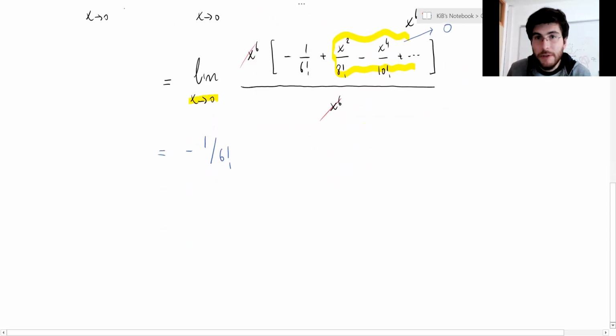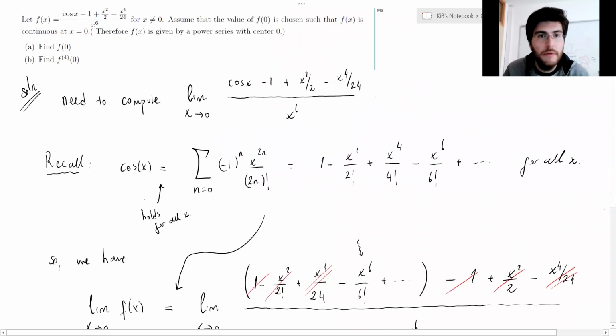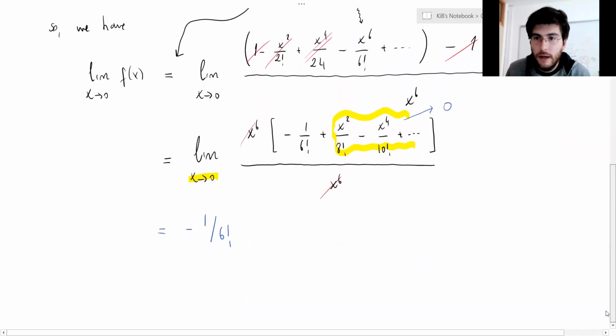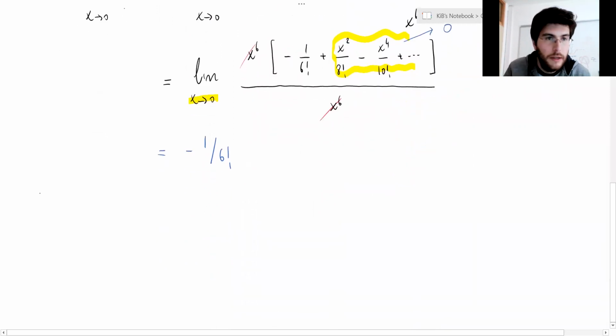So fine, that's all. We compute the limit. And actually, since we want f to be continuous, remember, assume that the value f(0) is chosen so that f(x) is continuous. So find f(0). Therefore, due to the continuity,